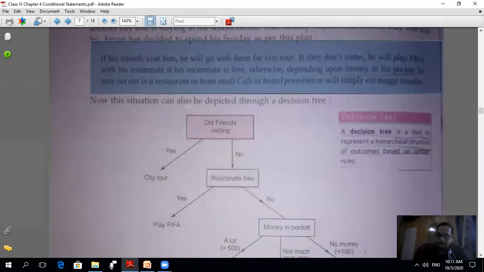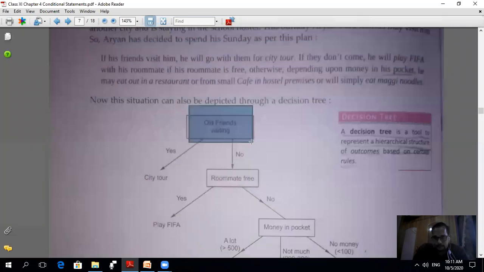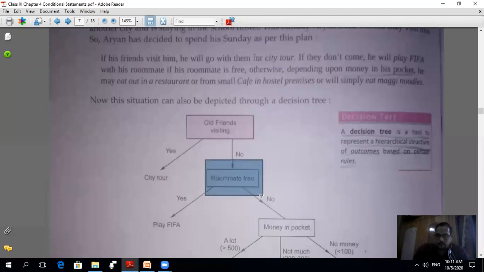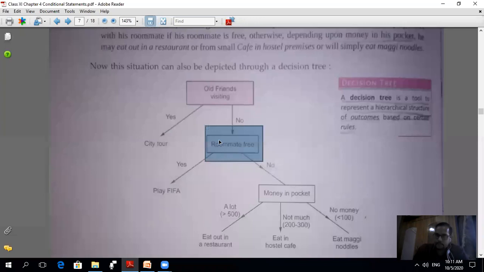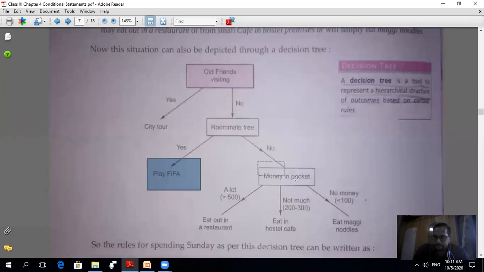So maybe his friend will visit or not visit. If he comes, then go to the city tour. Otherwise, check whether his roommate is free or not. If his roommate is free, then they play FIFA. If his roommate is not free, then check the money in his pocket.